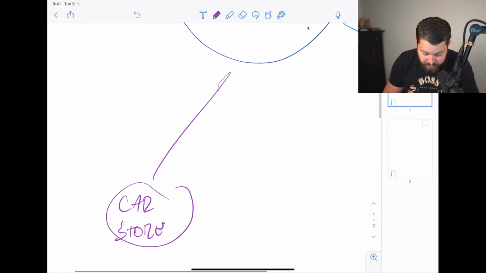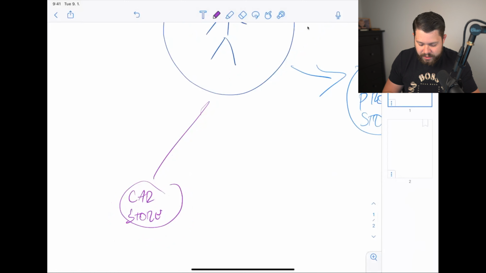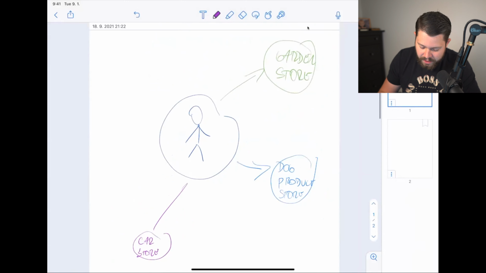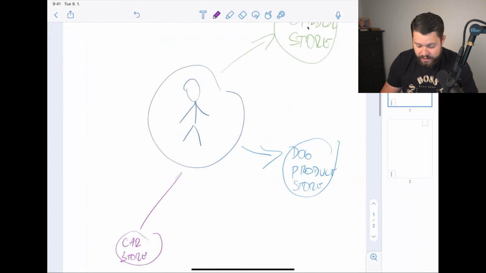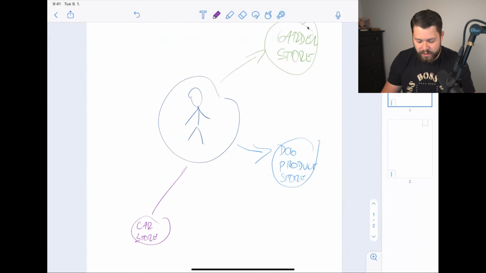Because this person is obviously a normal person, right? So that person probably lives in a home, has a dog, and also owns a car. This is a typical layout of a typical consumer. That's the normal life of a customer, if you think about it. They have a house, a garden, a dog, and a car to drive.